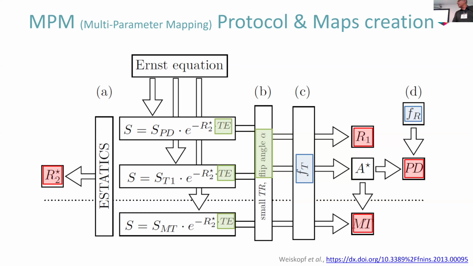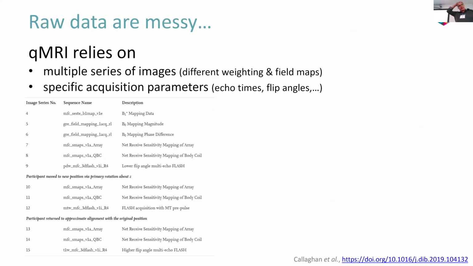And as a consequence, because we start with a bunch of images, to put it bluntly, raw data are messy. Per subject, a simple data set would be 20 or so high resolution images, and 40 to 50 smaller, lighter field maps. So that's what the scanner is spitting out. For the MR physicist, that's the acquisition. The rest is post-processing. For the engineer, this is where the processing and the hard work start, making sense